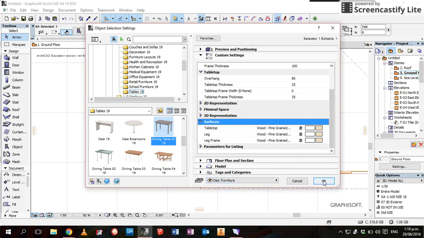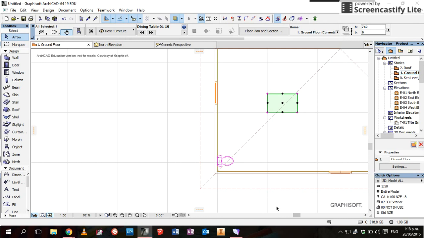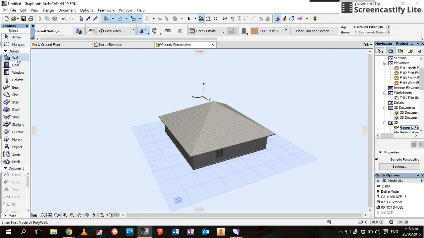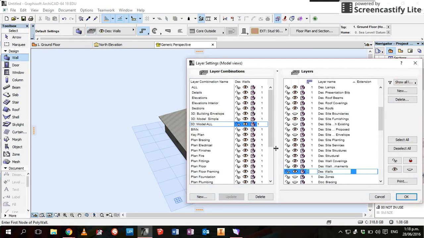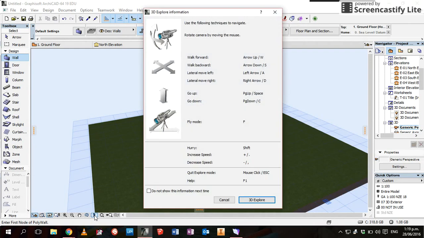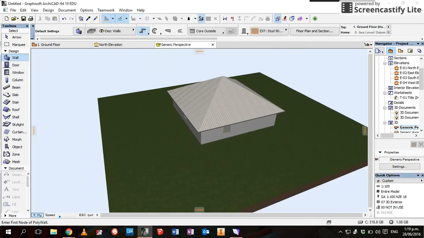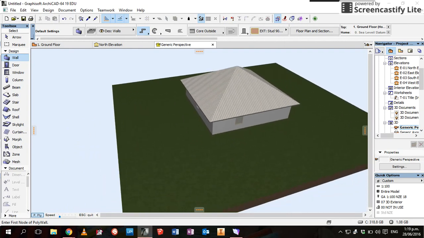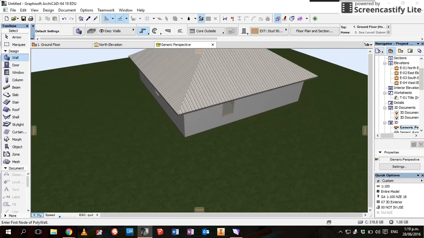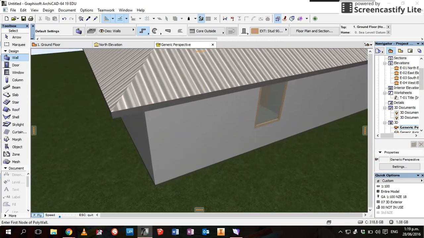And that's it. The very last thing I want to show you today is how to get into your building in 3D. So go to generic perspective. Look at the wall here. Just make sure all my layers are visible again. So select all. Go our wall. If you come down here to this little explore button, it comes up with this warning. So we go 3D Explore, and you control the angle that you're looking with your mouse, and then you walk using the mouse. And we'll be able to walk in,